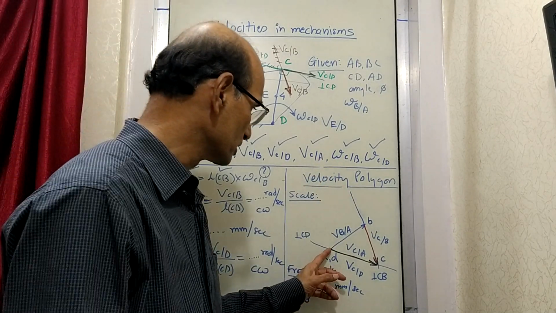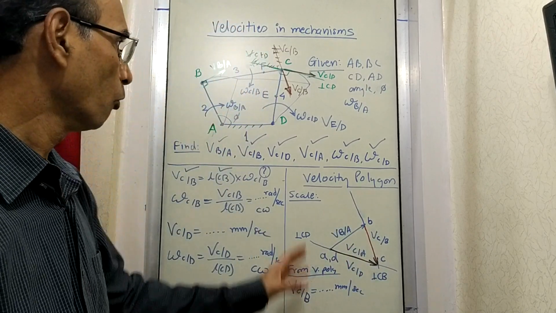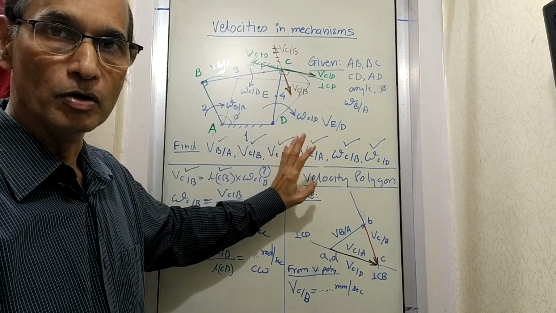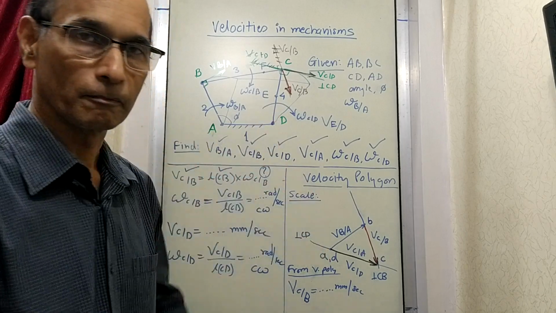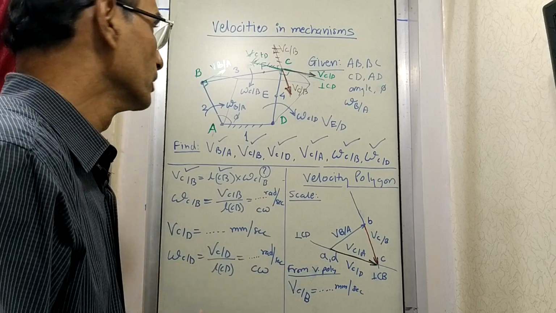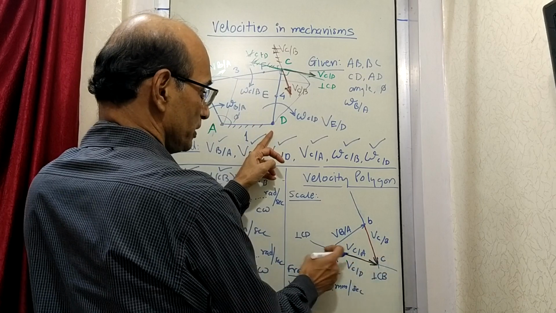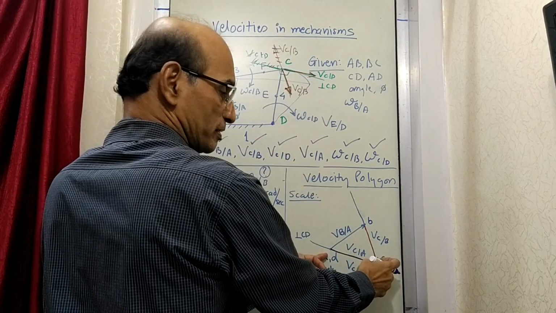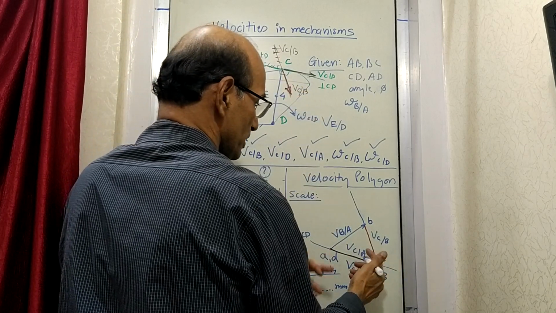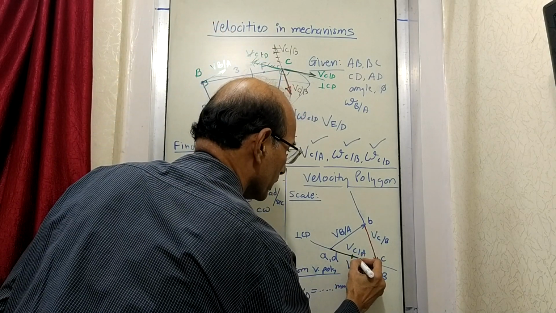Now the work is very simple because the polygon is ready. In this polygon, this is A, D, B and C, and accordingly you have drawn the vectors. Suppose you want to find out velocity of E related to D, all you have to do is locate point E here by small letter e. Where is point C? Here. Where is point D? Here. So this CD is this CD and E is the middle of CD. So between C and D, if you mark a midpoint, then this is point E.